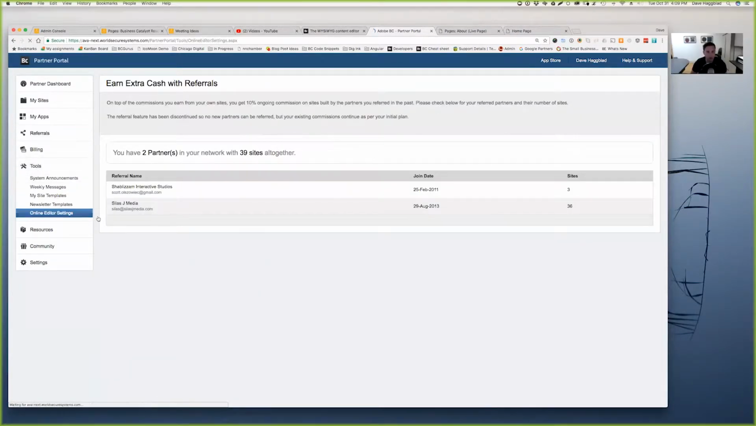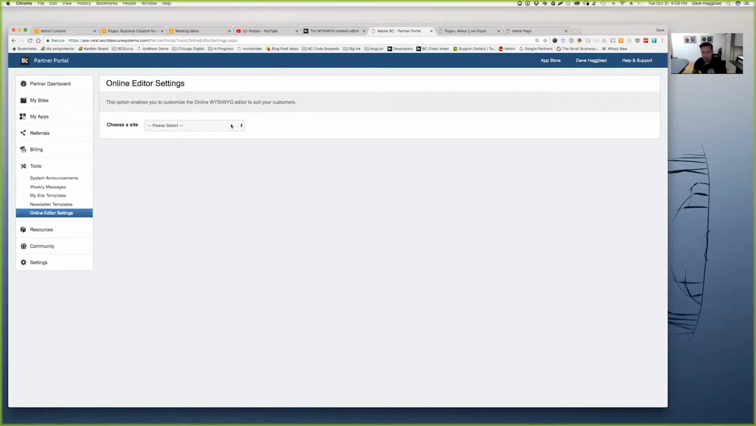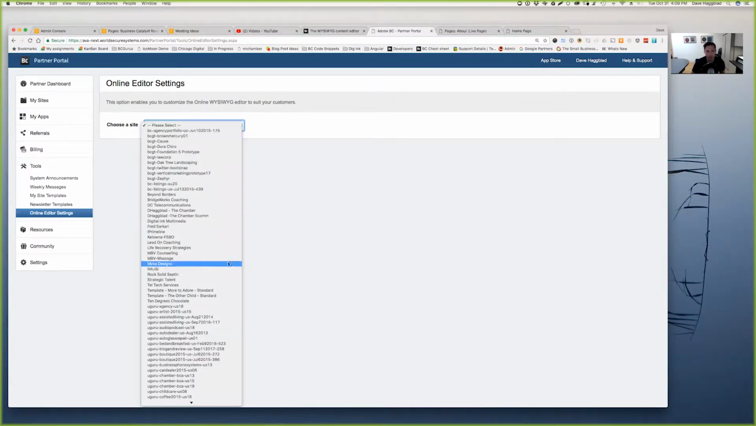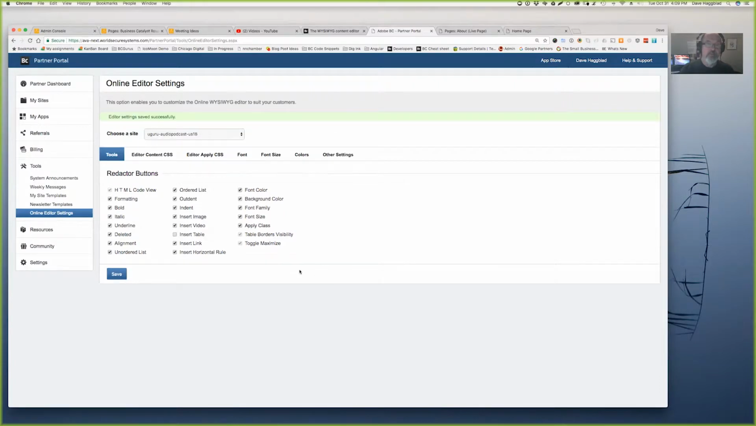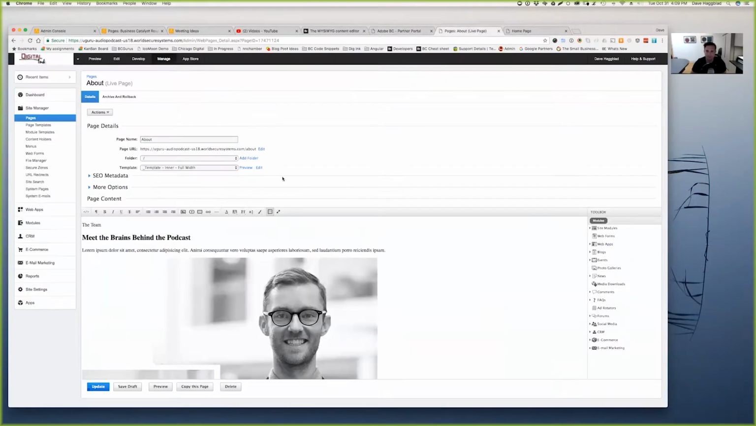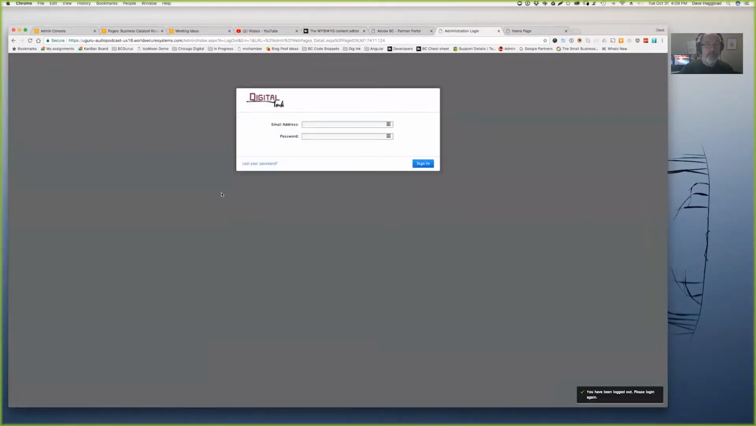Okay, so we're going into the back end in the online editor settings and trying to disable the table for the WYSIWYG editor for one of our sites here that we're working on. Table. Okay. Save. There we go. All right. So now this is the table button right here. So when I refresh now,